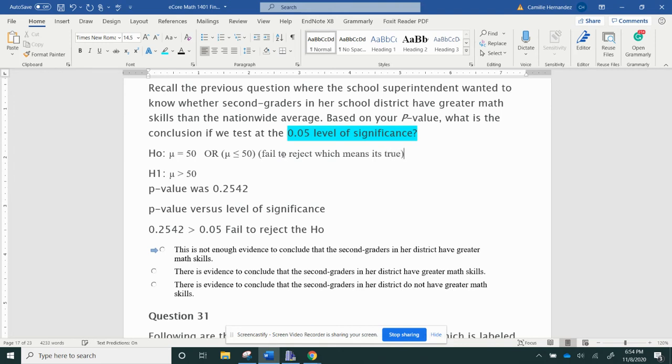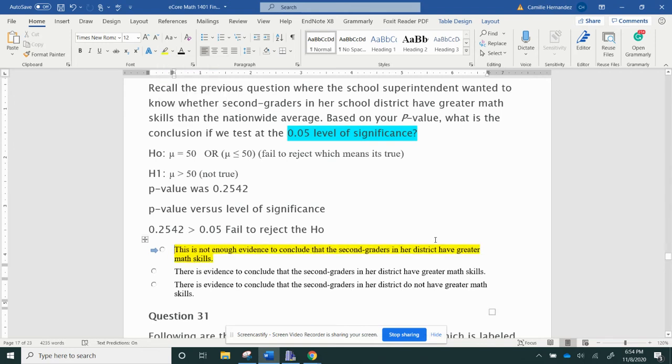There's some more stuff going on behind the scenes. Okay, so I found this one was correct. But remember, this is what the principal wanted to say. So I'm going to say not true. So I'm not supporting her claim that this is true. Okay, so I'm going to say there's not enough evidence to support the claim